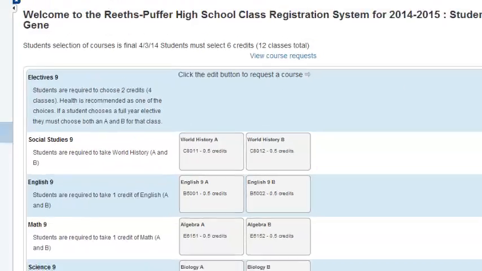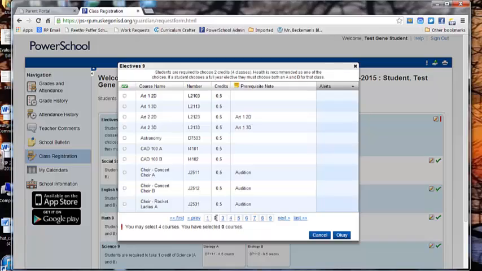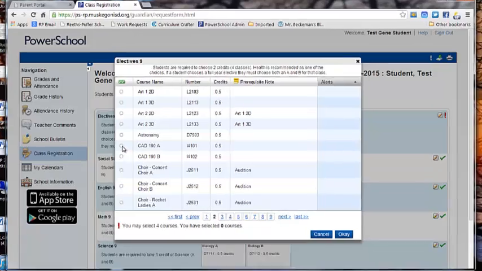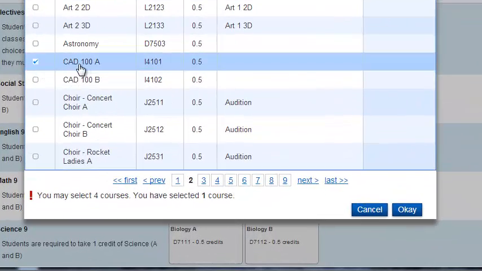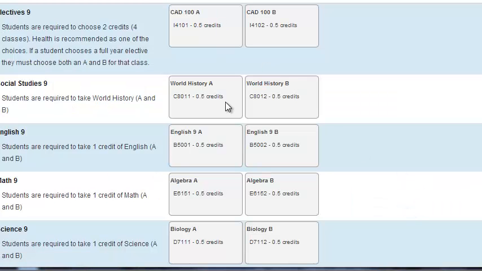When I go to the electives, there's numerous electives available to students, and they're all located in our curriculum guide. For this case, you can see that there are different courses, and some are only a semester long. Some are A and B that show that they're a year long. For this case, I am going to take a look and see what other electives there might be. I'm going to choose CAD. And so if I select CAD 100A, I need to select CAD 100B. This represents a full course. So I select OK. I now have 5 out of 6